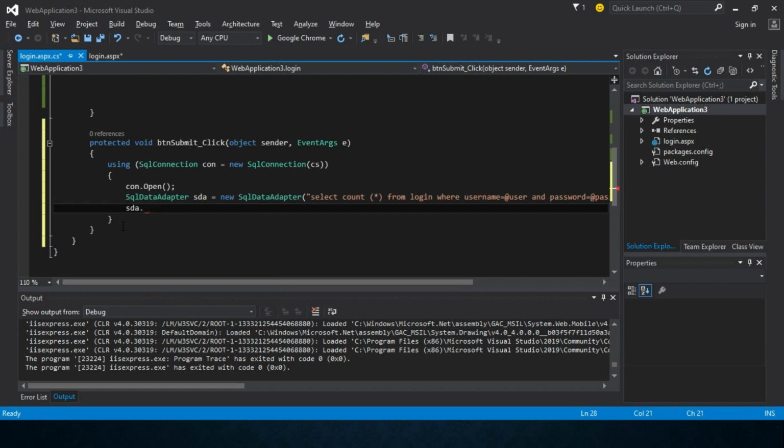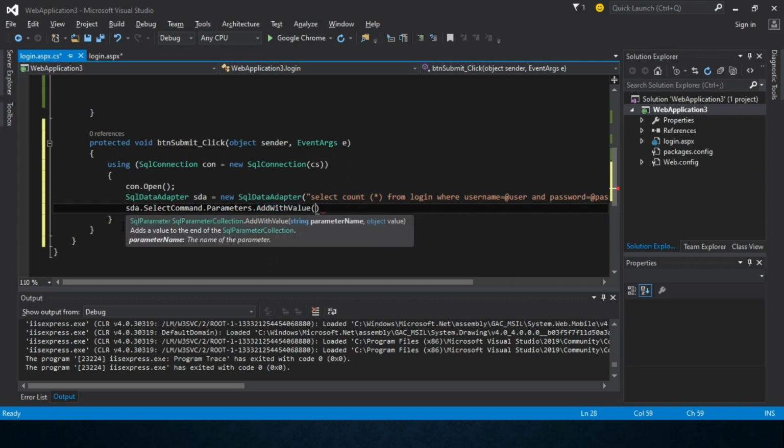So the instance that I created, SDA, select command dot parameters add with value, then I'll bring the variable name which I used, user,